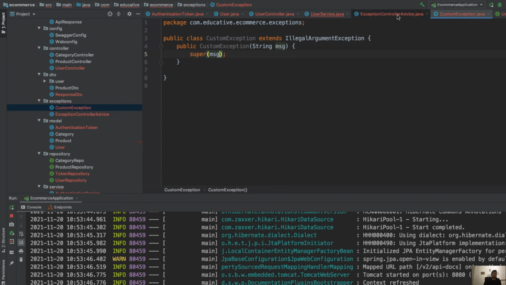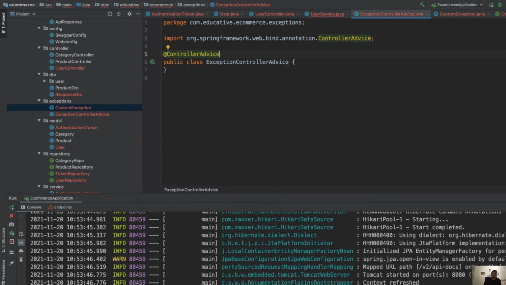And we will register this exception in the exception controller advice